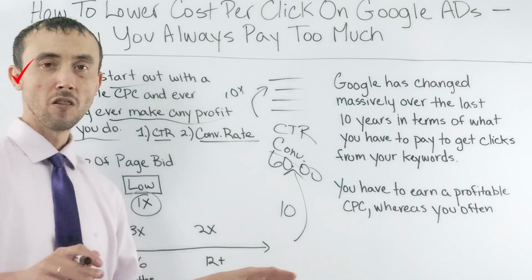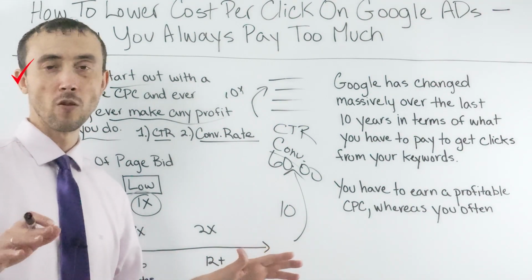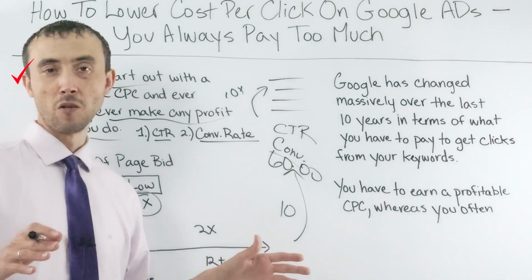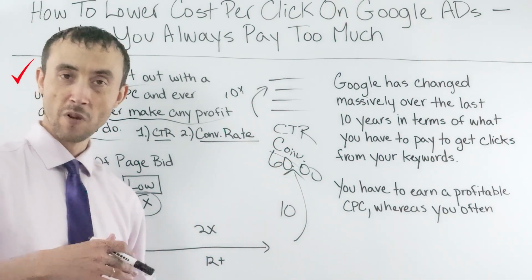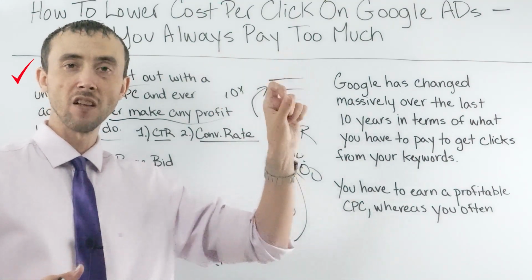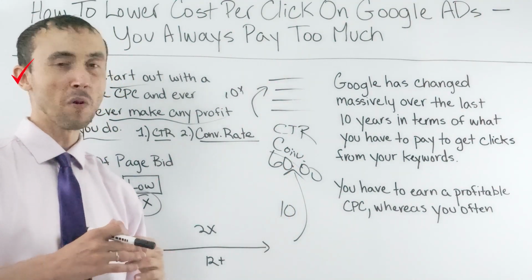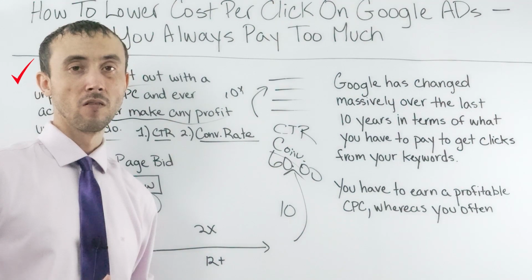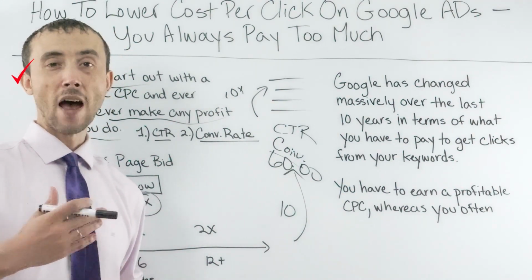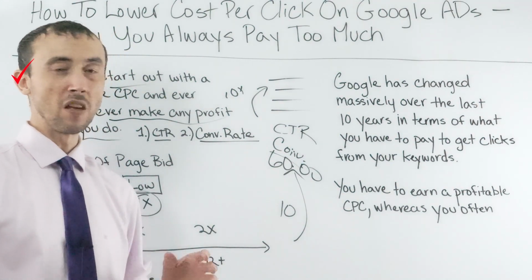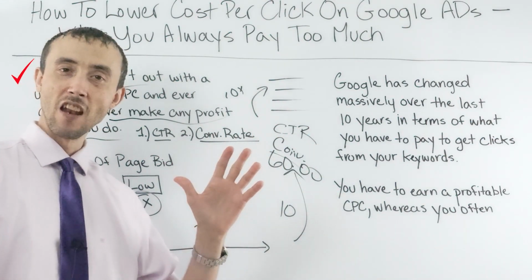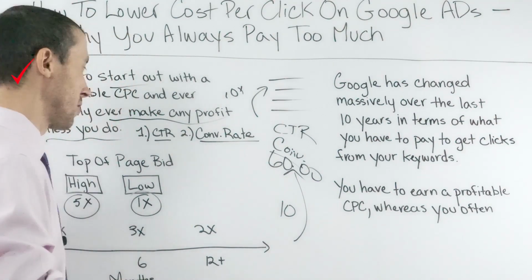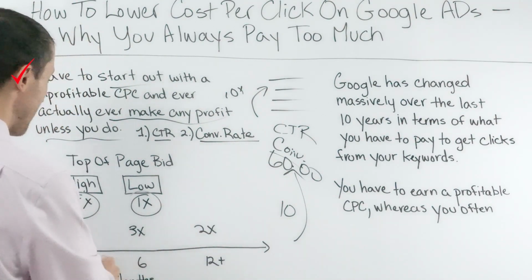You may not like it. You may not want Google's leads. That's fine. Or customers. That's fine. Your competitors will get them. The one that can do the click-through rate and conversion rate, at least in the top 20 percentile of your space, they're going to make the millions and you're not. I'd rather do what it takes and be Google's bitch, if you will, than let my competitors have all those customers. So anyway, going back to the diagram here,